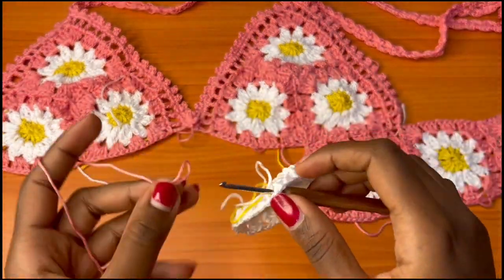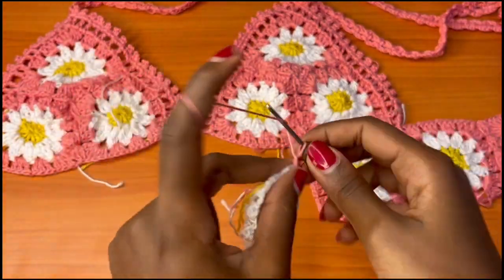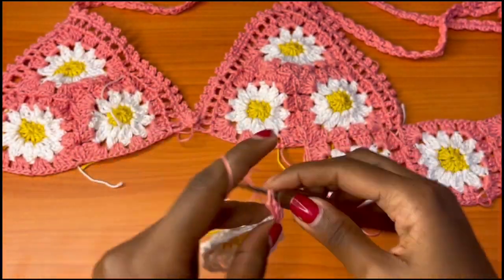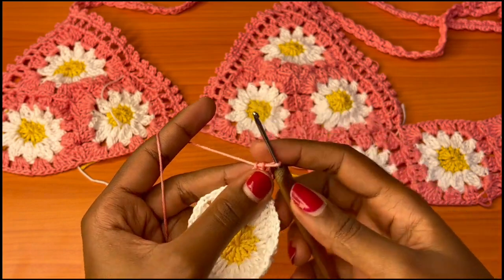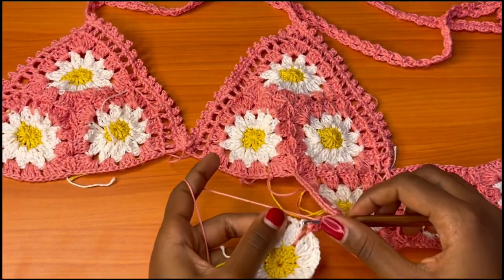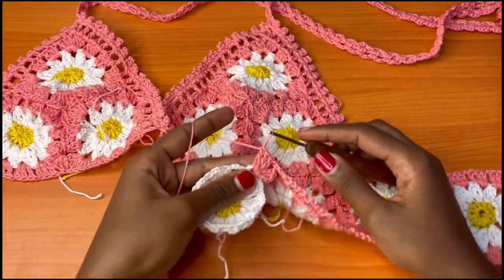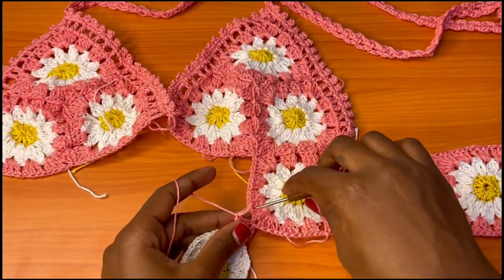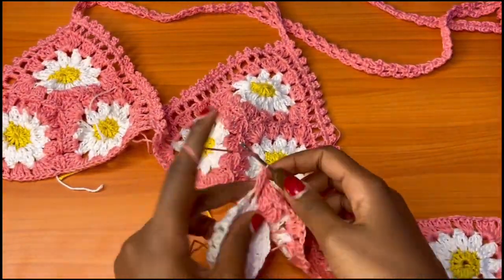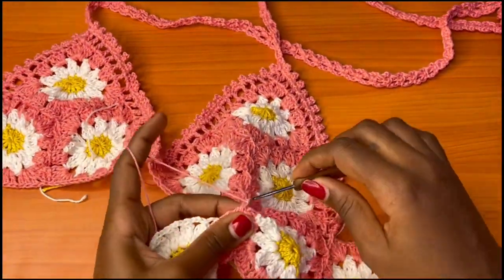So you're going to attach your yarn like that, chain 3, 3 more double crochets into the same space, sorry, 2 more double crochets to make a total of 3 double crochets, then chain 1, attach your yarn here, chain 1 more, 3 more double crochets into the same space. So this is basically going to be the same exact thing. Chain 1, attach, chain 1, 3 double crochets into the next chain 3 space,